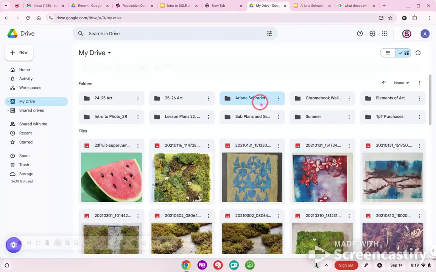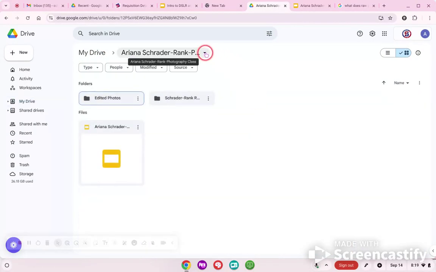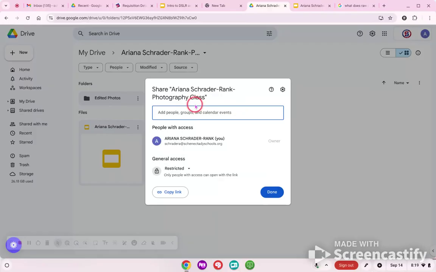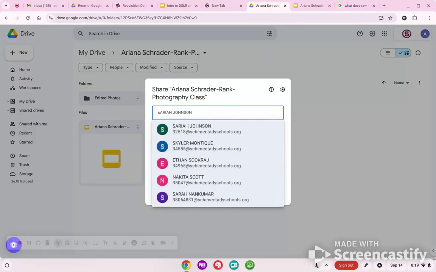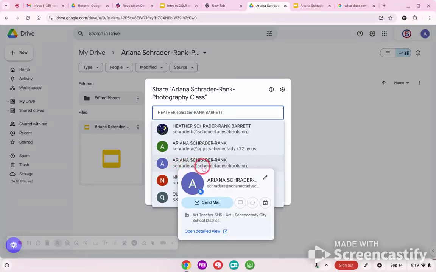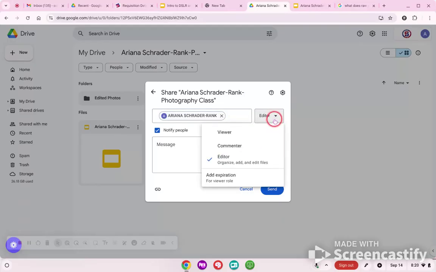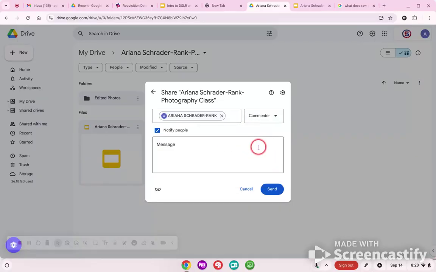So your photo folder, this one, I want you to share it with me. So share, and you're going to add me. So my last name is SCHRADER-RANK, and here I am. So it's SCHRADERA at schenectadyschools.org. You'll go ahead and you can say, I'll be a commenter. I don't need to be an editor. I don't need to touch your photos, but I do want to give you comments, feedback, grades. You're going to send it, and that way I will be able to access the photos you have, and you will have everything nice and